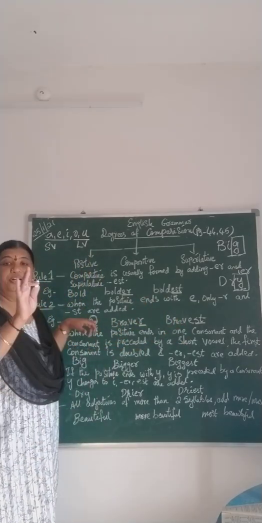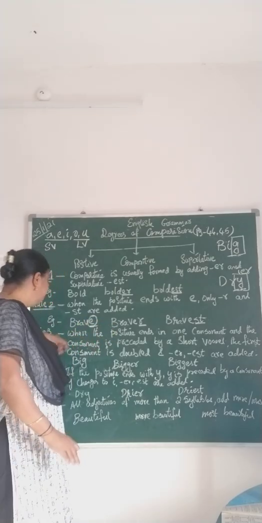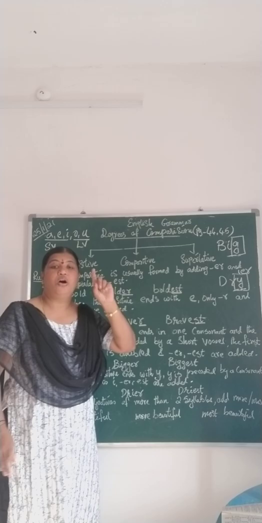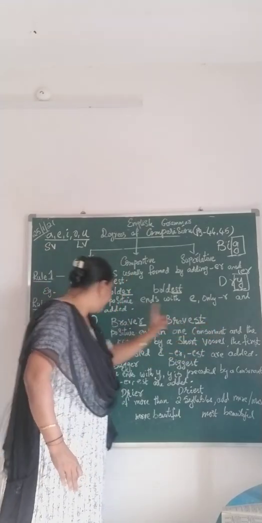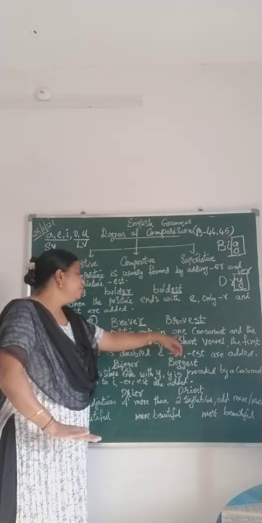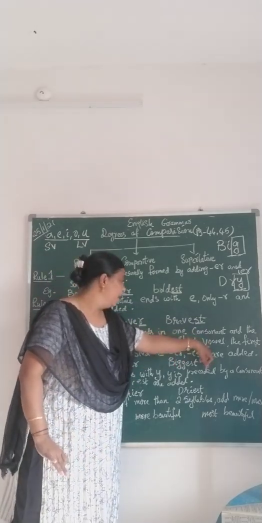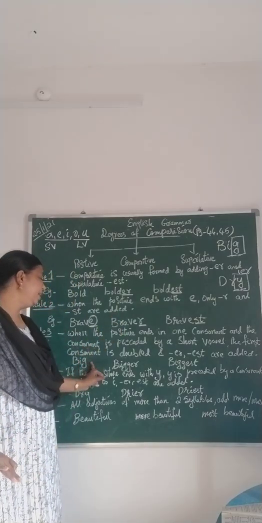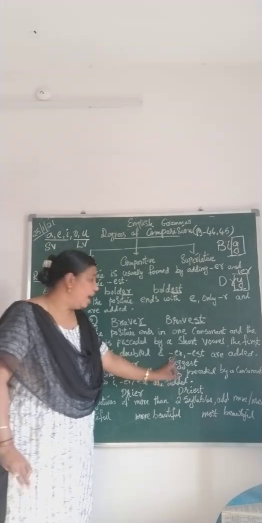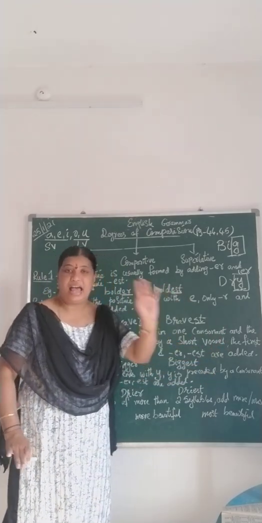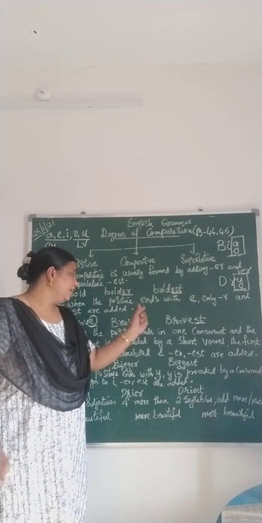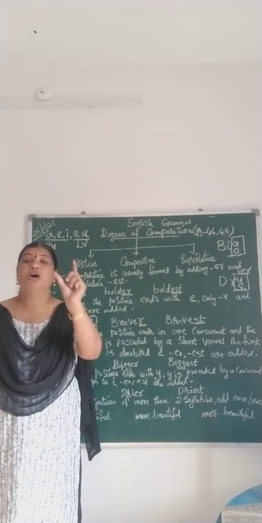Okay. Now, rule number 3. Trouble starts now. When the positive ends with one consonant and the consonant is preceded by a short vowel, the consonant is doubled and ER and EST are added. So, if a positive word is ending with one consonant